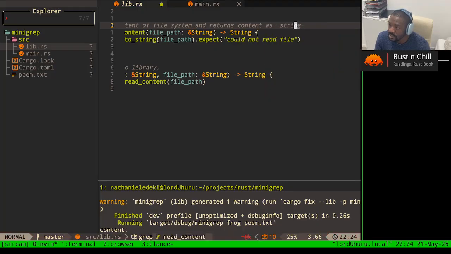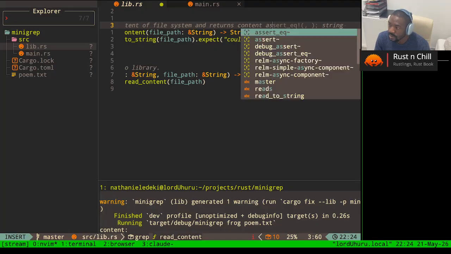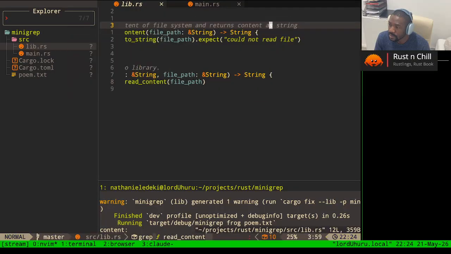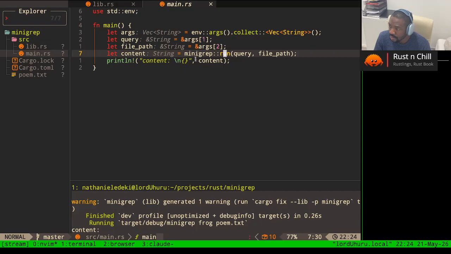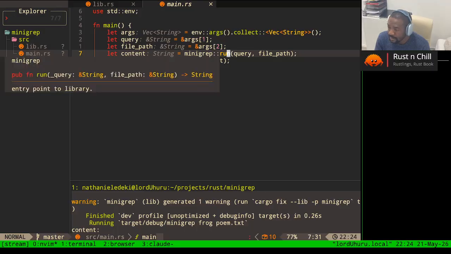I just want to see what this would look like when we use it. I think it's like okay. Yep. So it works. So we can actually see the